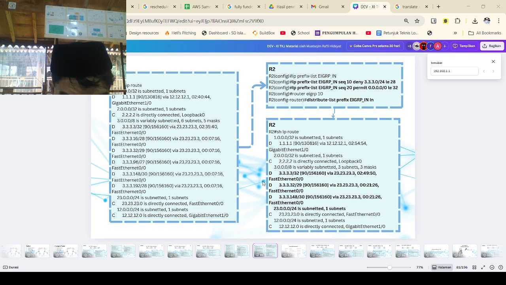And here's the cheat sheet for GE and LE in prefix lists.